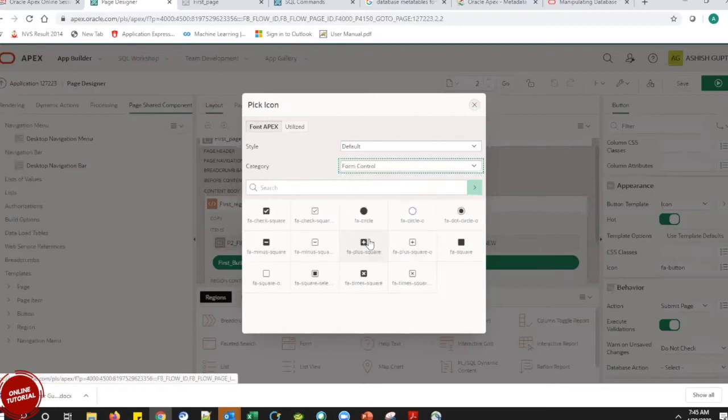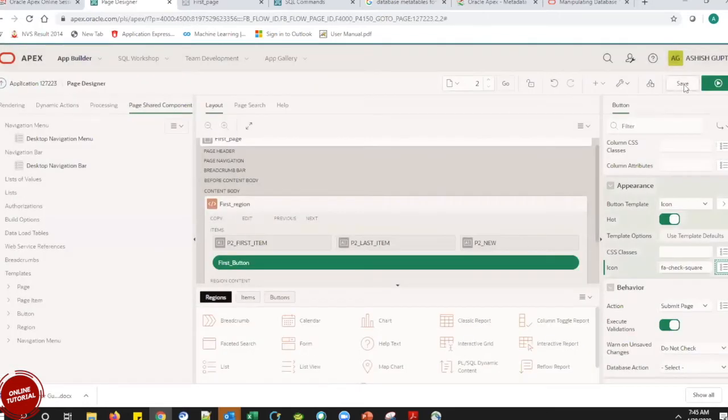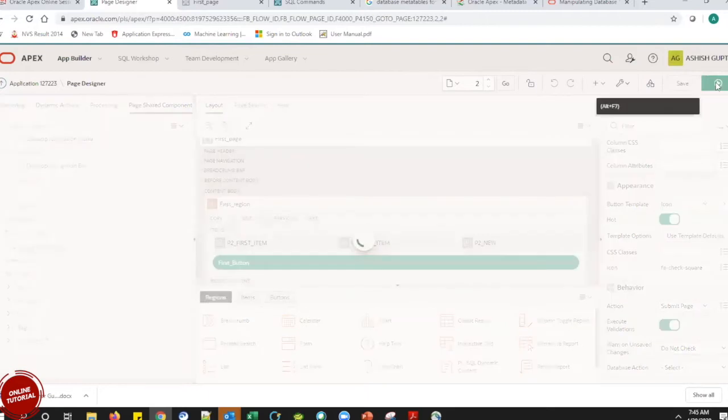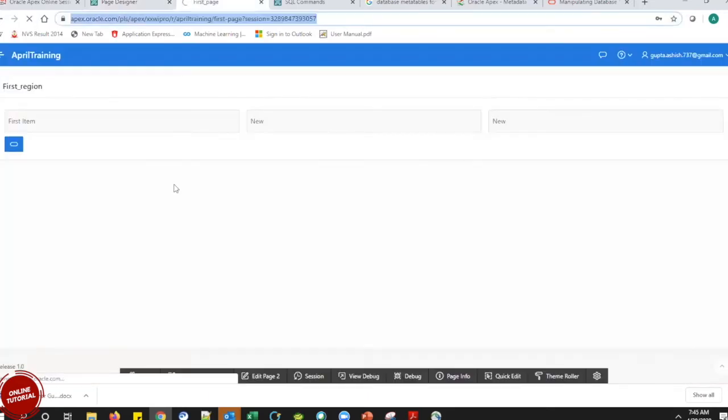Suppose form control: we have a tick mark, a circle, a plus, whatever it is. If I take a tick and choose it here, this is now the icon of my present submit button. If I click save and run it, I can see it on my screen.